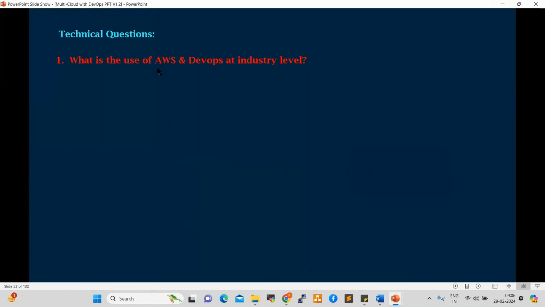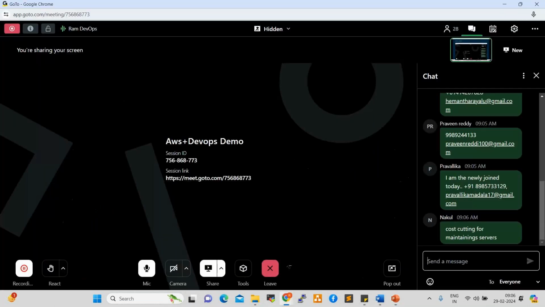I'm not talking about AWS. Does anyone have an idea? What are the advantages of cloud? Cost cutting, yes. That is one of the main important points.